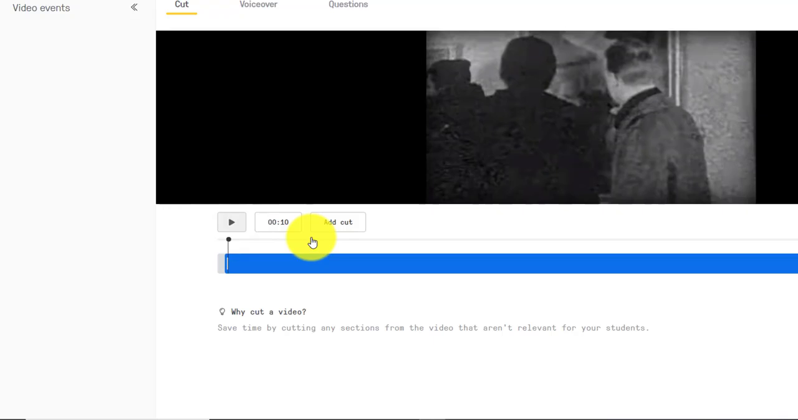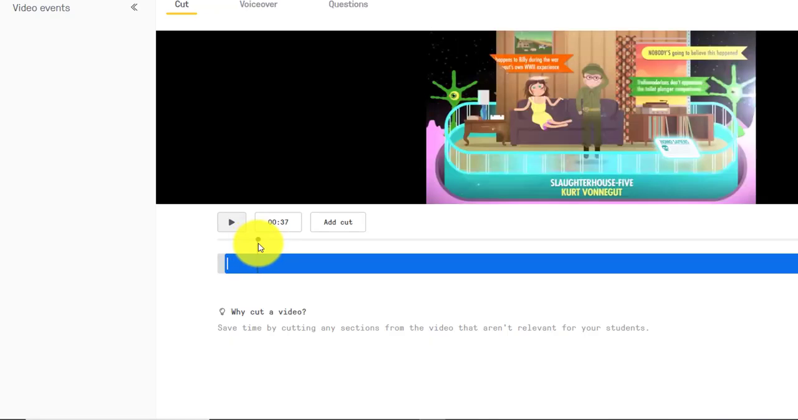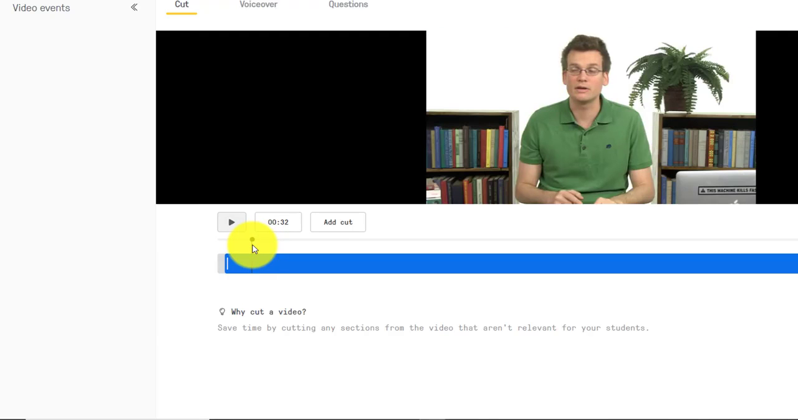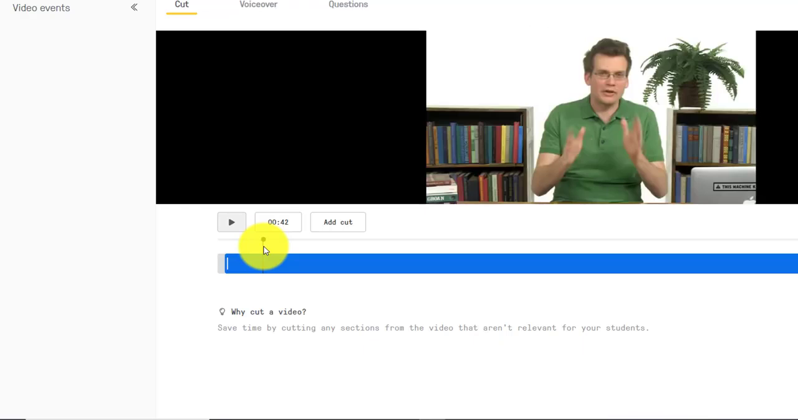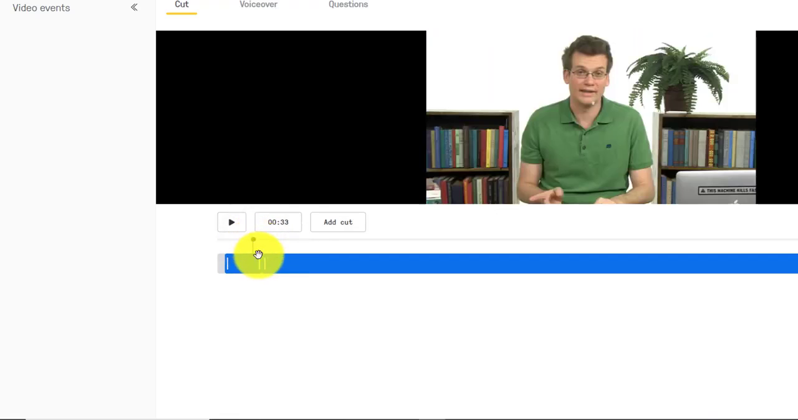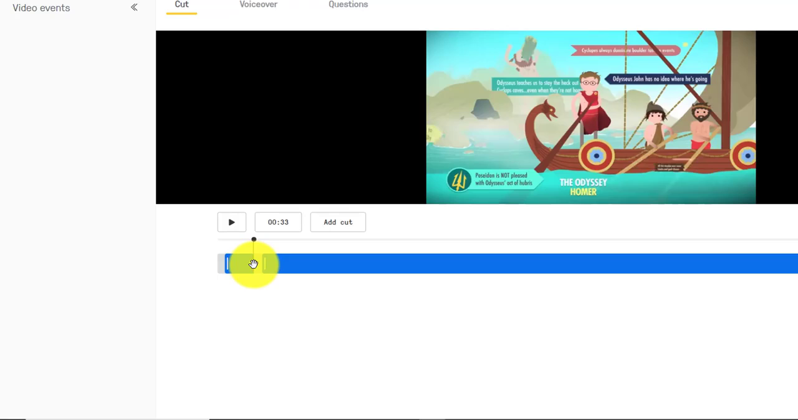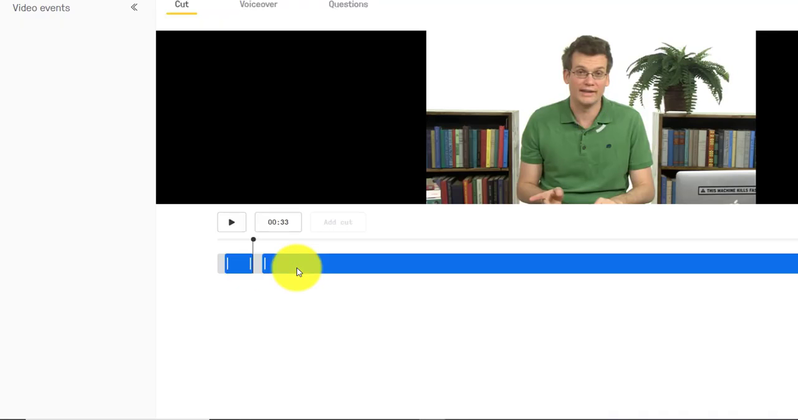Now that's great for the beginning or the end, but what happens if you need something in the middle cut? Let's say I'm going to go down here and I want to cut out this little cartoon section of the opening. So I get to the end of that, go right here, and make a cut. Now I have two sections, a beginning and an end. Now if I find where that section starts, I can drag over here and you should no longer see it. So if I hit play,